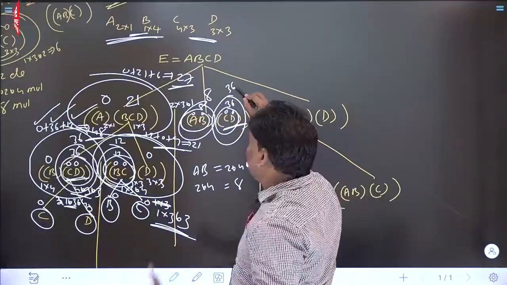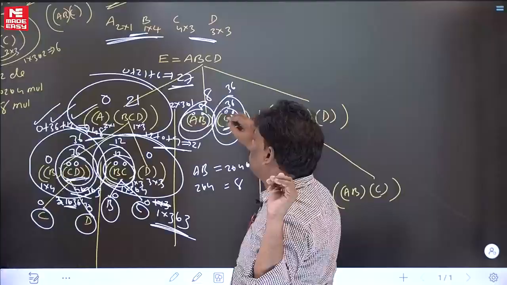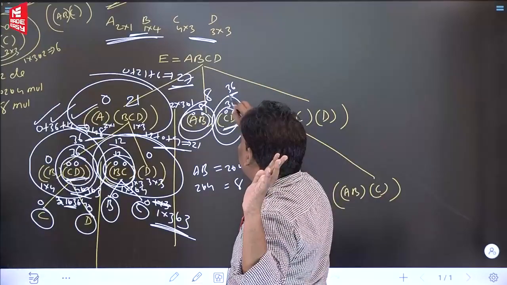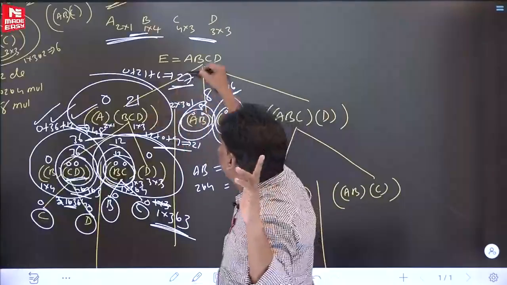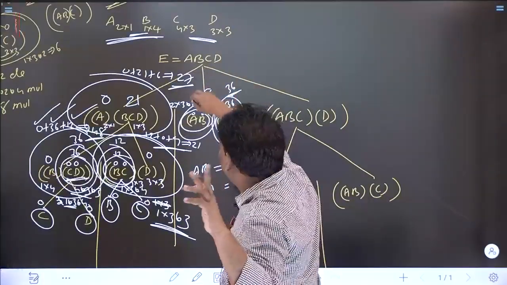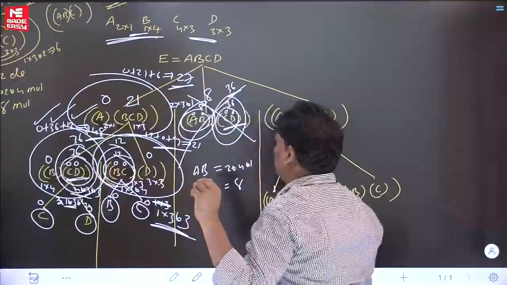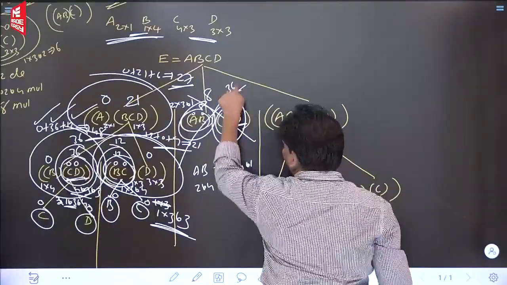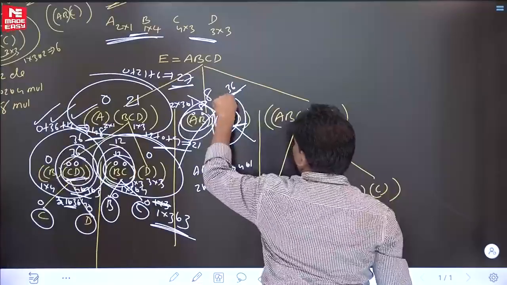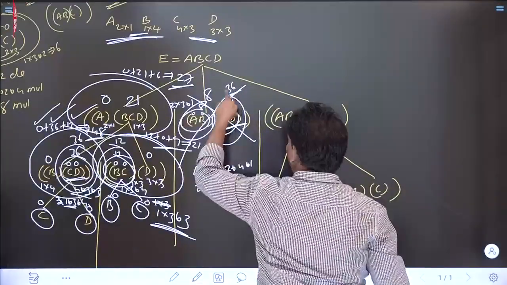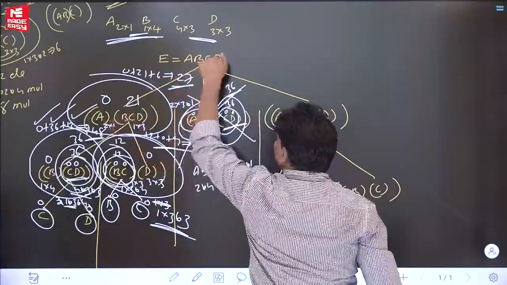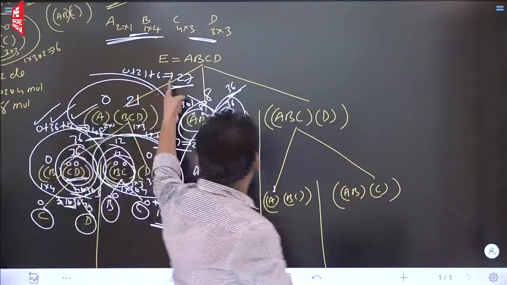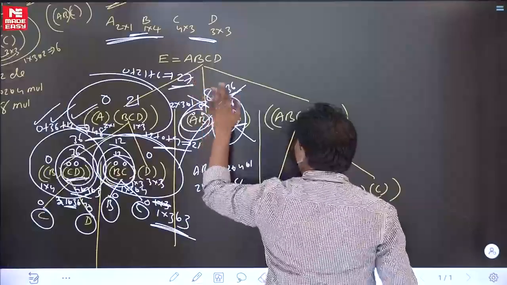Next, CD required 36. See the interesting answer: AB required 8, CD required 36. Here itself it is 36, while the overall answer is 27, so here itself you can stop. I am doing A, B, C, D, but I got to know CD itself is 36. Adding a few more things makes it more than 36, but the overall answer is 27. You can cancel it. The first gave 27, the second gives more than 27. That is the reason I am stopping.